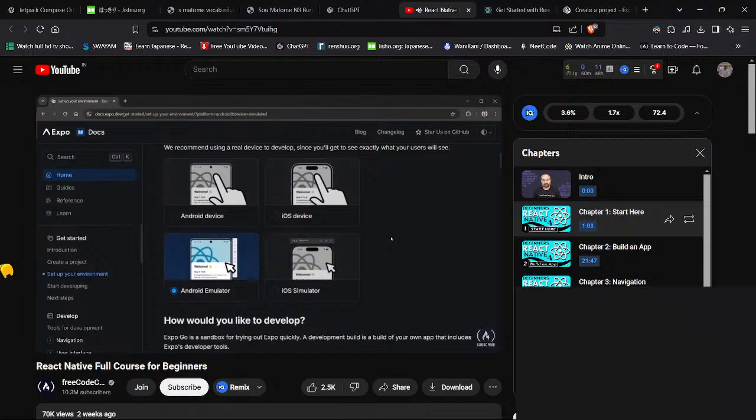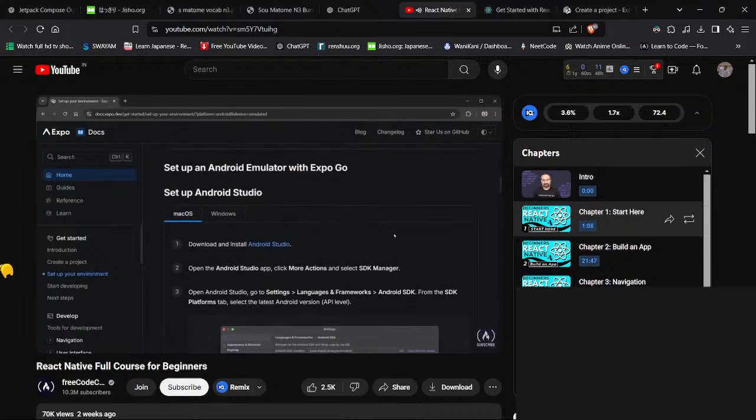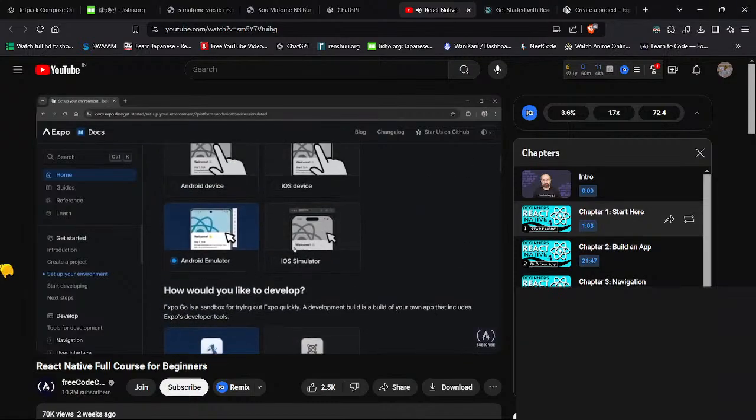Now, if we said we had an Android emulator, that means you probably want to install Android Studio. Now, that may still be what you want to do. You may want to check it out in several different environments. And running Android Studio, where you would traditionally write an Android application, lets you use the Android Studio emulator. So that can be set up on Mac OS and Windows. If we chose iOS simulator,